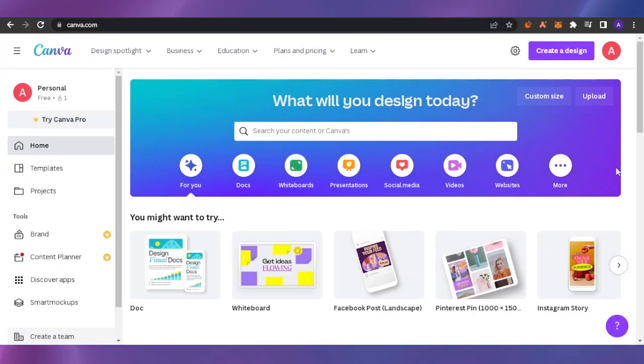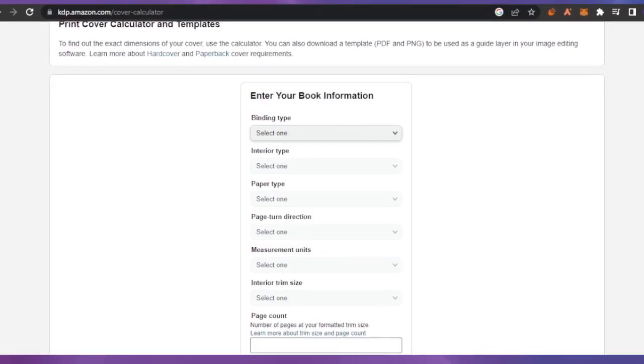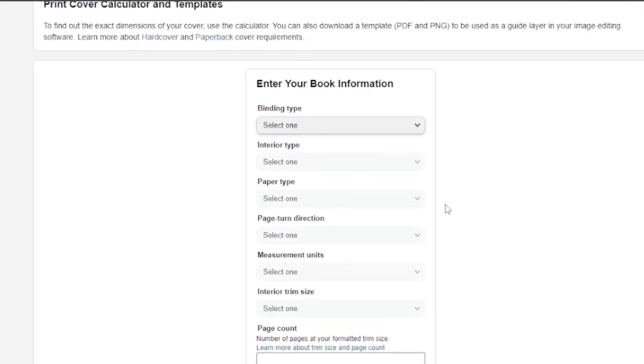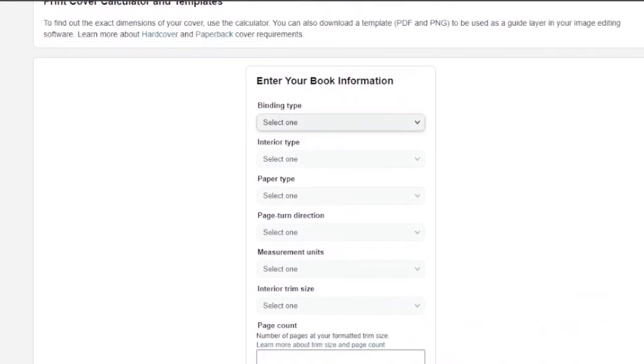First of all, when you are creating a journal, you want to know the dimensions you want to create the journal for. To sell on Amazon KDP, there are some specific dimensions that you need to have. That is going to make printing your journal easy, because the whole thing has to be made in specific dimensions. If they're not correct, if they're not syncing with each other, then it is going to be a huge mess. So to get the dimensions right, you have to go to kdp.amazon.com